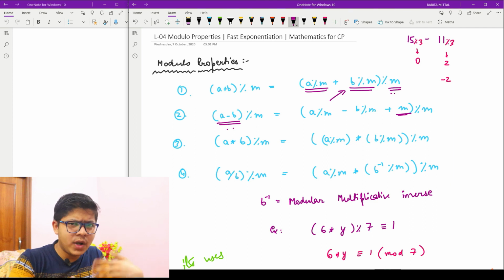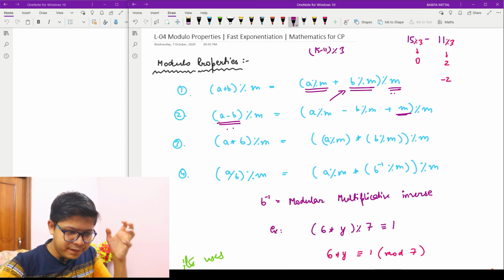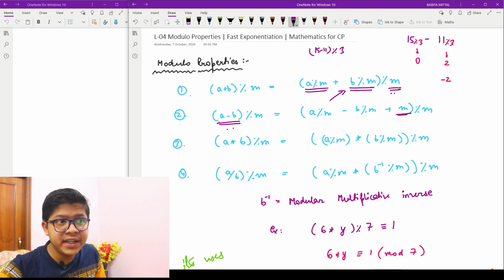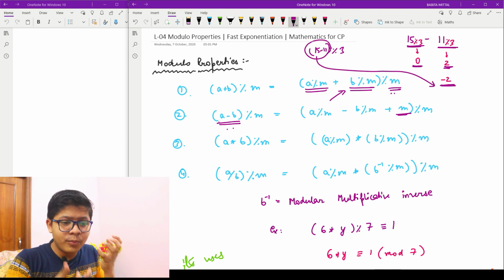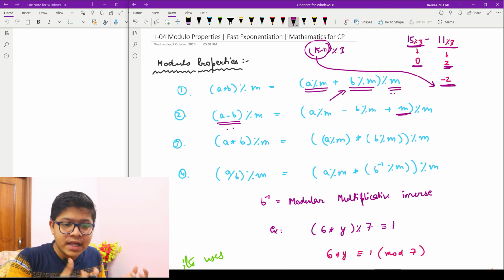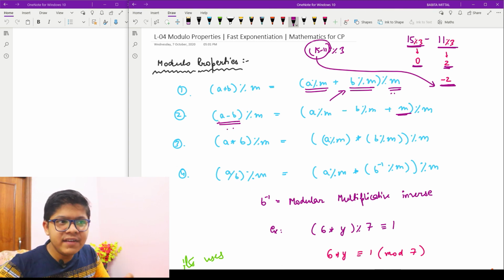Now you might ask, why are you adding m? Let's suppose I have the numbers 15 minus 11 mod 3, and I need to find this out. Now if I do the individual modulo, which means I do 15 mod 3 and 11 mod 3, it will result in 0 and in 2. Now 0 minus 2 is minus 2. So actually the result I wanted was positive, but here it converted to negative because modulo might reduce the number, and the number can be reduced to any extent. So as to make the result positive again without affecting the answer, I will add m.